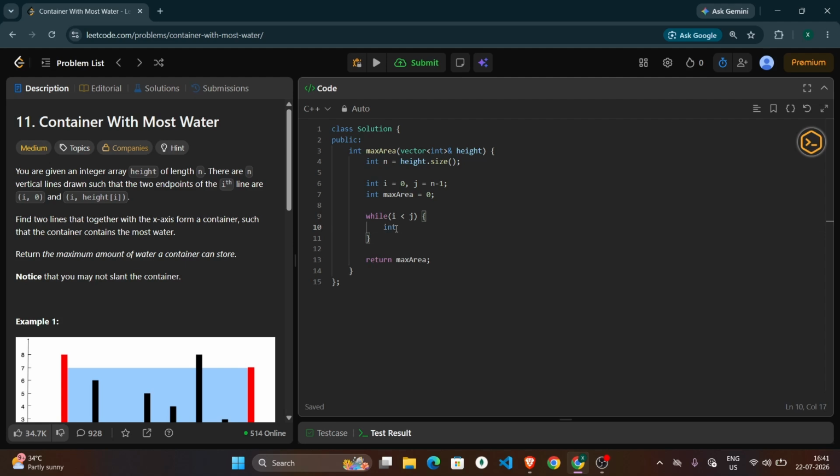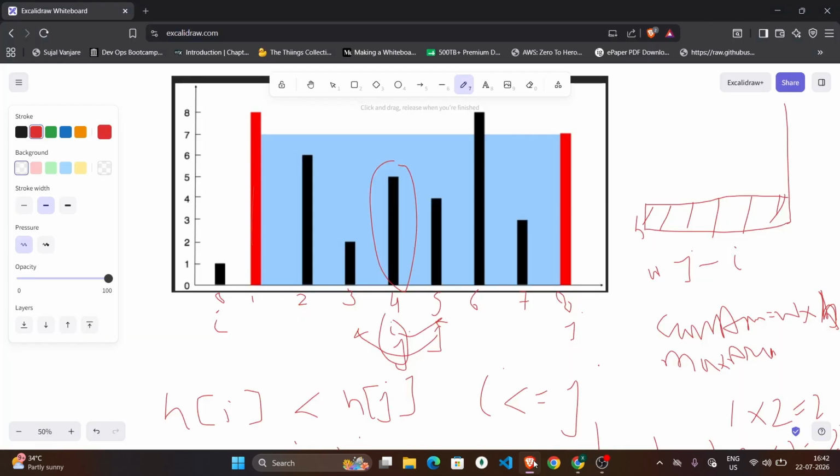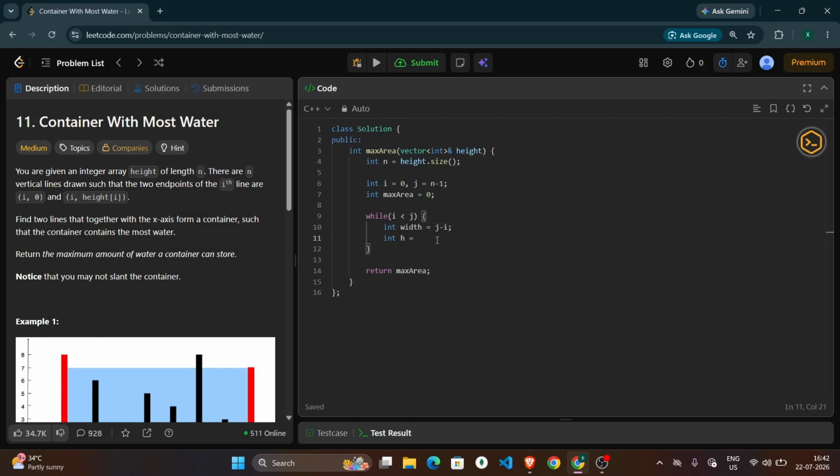Let's calculate the width, it is j minus i. The height is of what? It will be the minimum between the two bars, because the amount of water it can hold is only the minimum height between these two bars. If you put more water, then it will spill out. And the minimum of height of i and height of j,